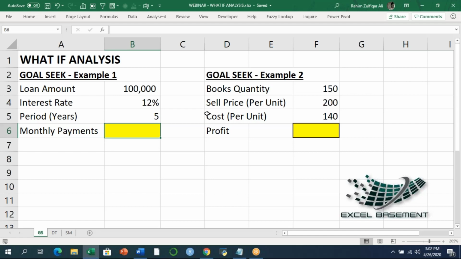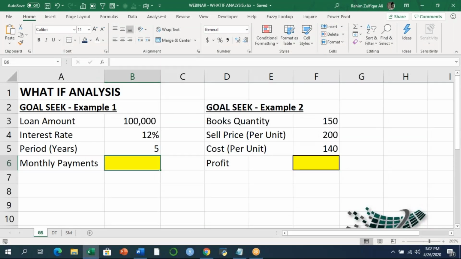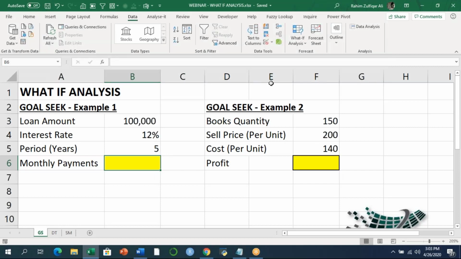So I will directly jump to the formal exercises regarding the what-if analysis. Might be possible that some of you have already used what-if analysis features. What-if analysis is available in the Data tab, and when you click on the Data tab, you will see the what-if analysis feature, which consists of three wonderful features called Scenario Manager, Goal Seek, and Data Table. One by one, I will try to explain from very basic how we can utilize these what-if analysis features in our reports or models.